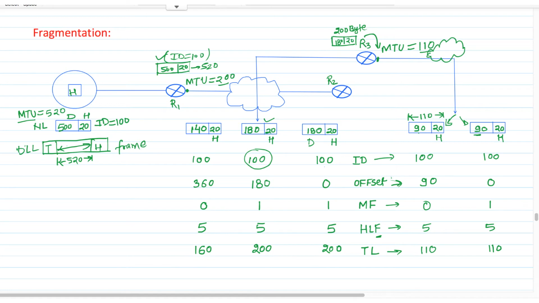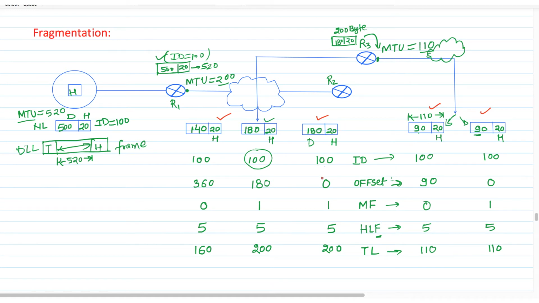Now if we analyze these values, we can understand that the receiver is going to receive this fragment, and 2 fragments of this datagram. It means these 4 fragments will be received by the receiver. So when the receiver will try to reassemble all these fragments, it is going to check all these fields. So how will the receiver decide which is the first packet, which is the second, which is the third, and which is the last packet?